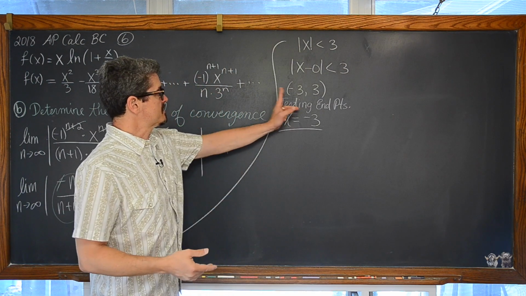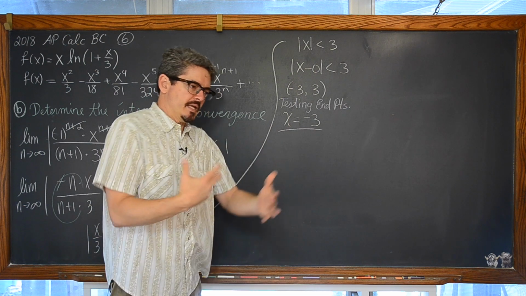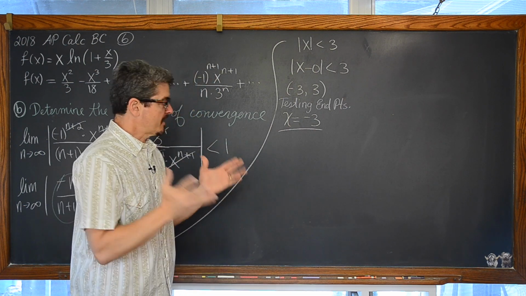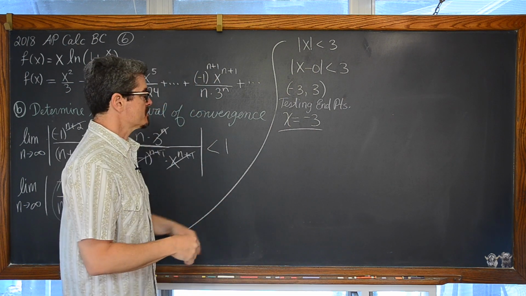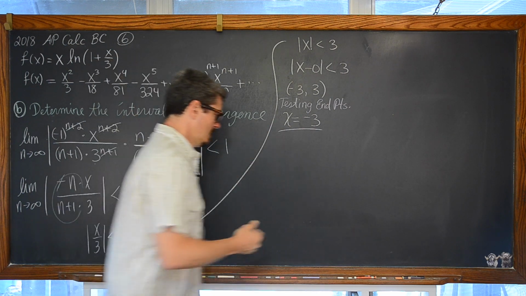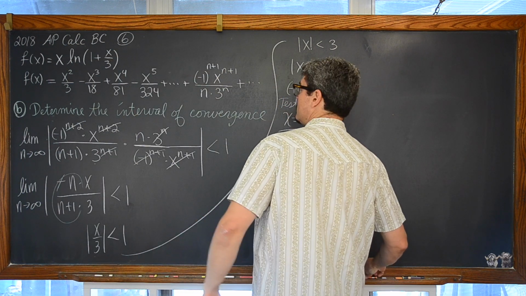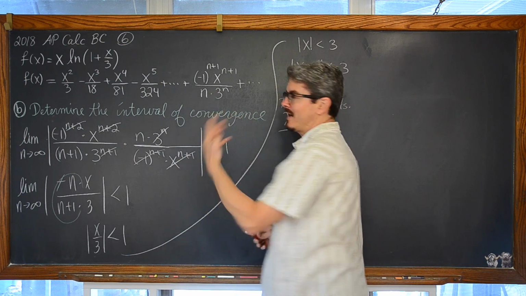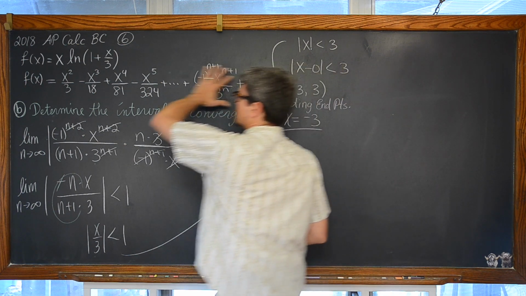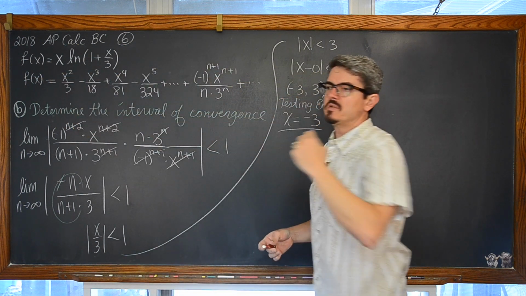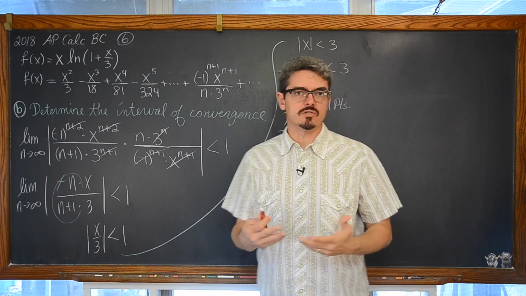So now that we have this open interval that is the beginning of us developing the final answer of what our interval of convergence is, we need to test the endpoints. Okay, so we're going to do that by using this general term and writing not this whole Maclaurin series, but just the series in terms of sigma notation.